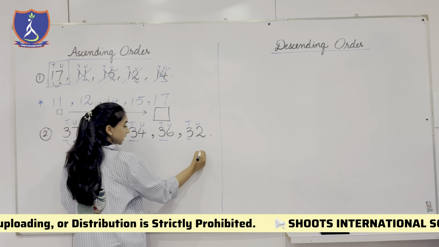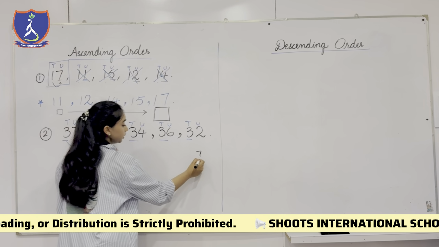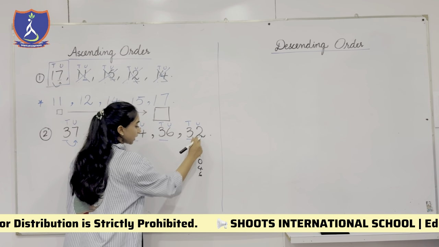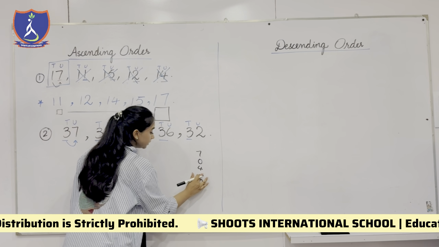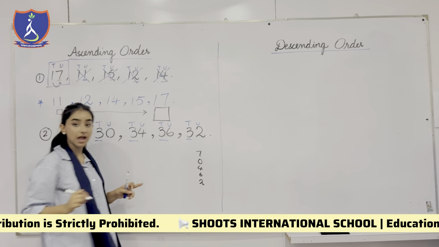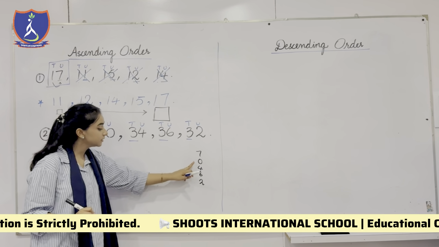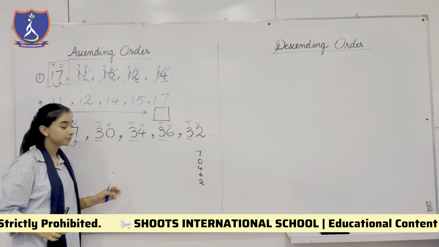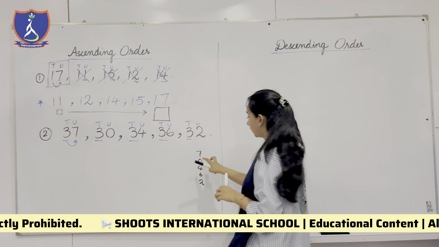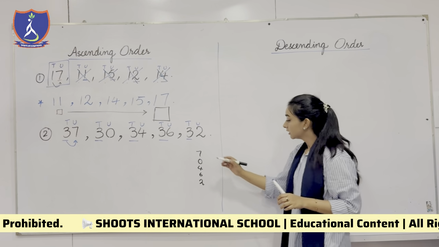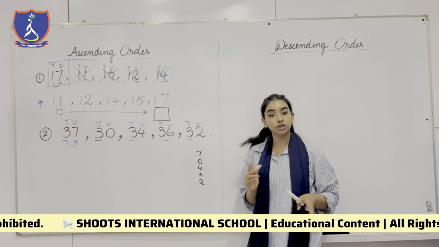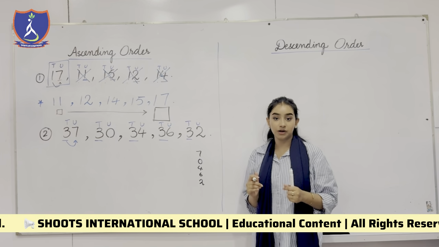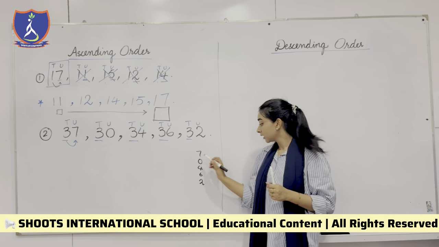We have unit 7, then the next unit is 0, the next one is 4, then 6, and then 2. Now these all are the units that we have right now. We have unit 7, 0, 4, 6, 2, like this, correct? Now what we have to do is, we have to find the smallest unit out of them. 70462. What do you think is the smallest unit? The mini one, the lesser number. The lesser unit is unit 0.